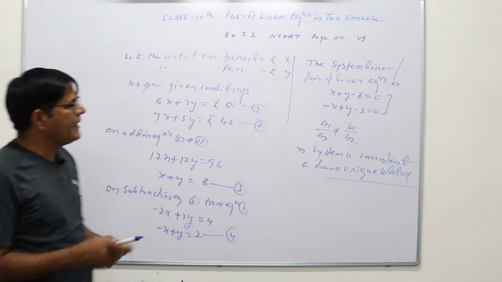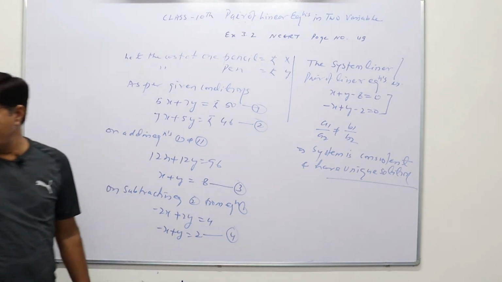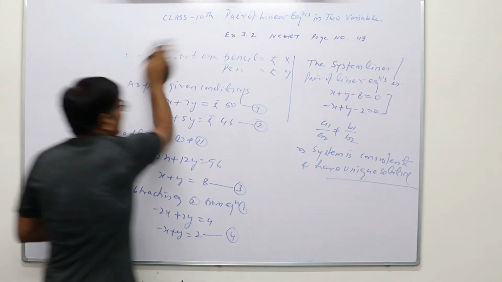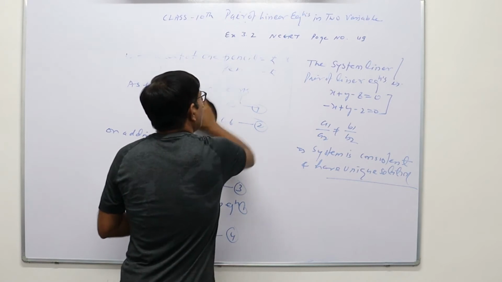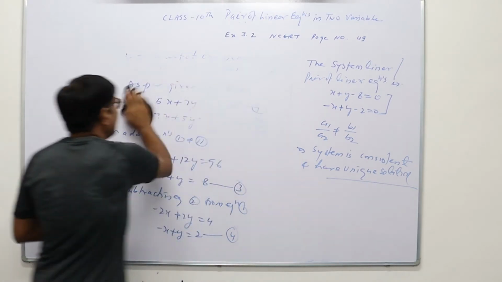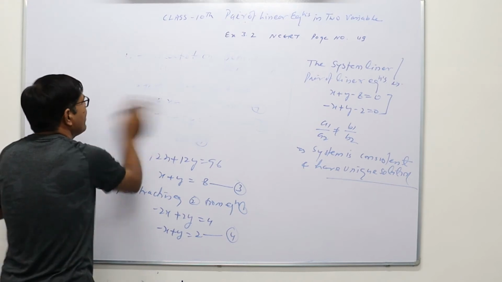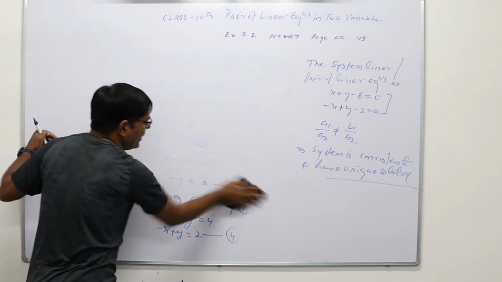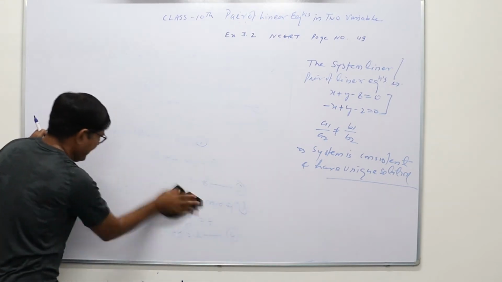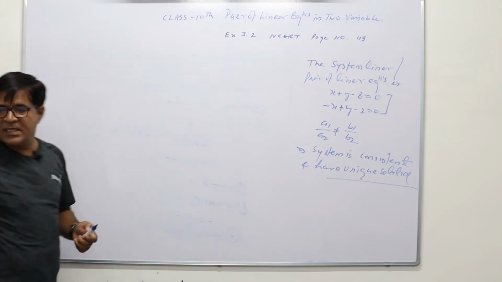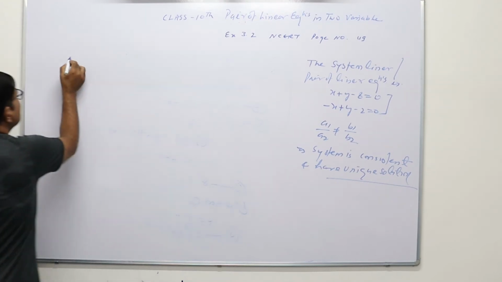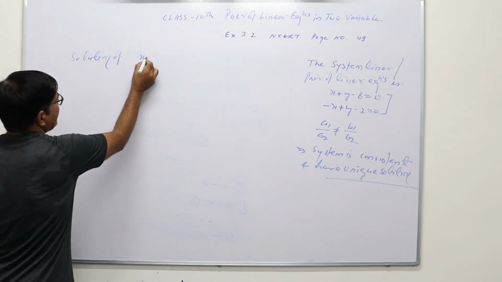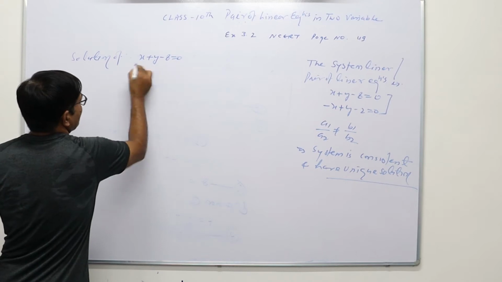So to find that unique solution graphically, first we will solve equation number first and then equation number second, and then we will draw or plot the graph on graph paper. So first find at least 3 solution sets for equation number first and draw the graph on graph paper, but very carefully you have to take the points. So the first equation, the solution of the first equation is x plus y minus 8 equals 0.